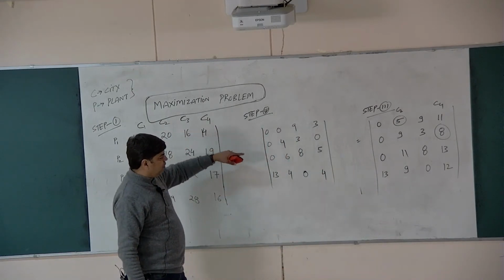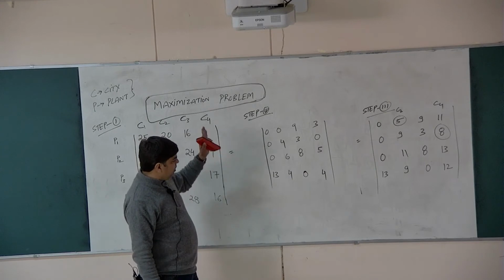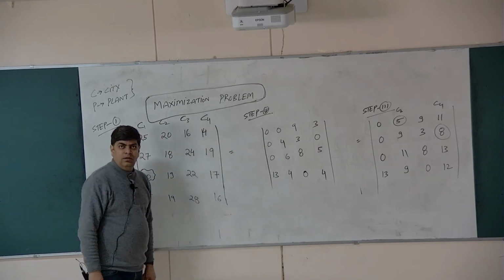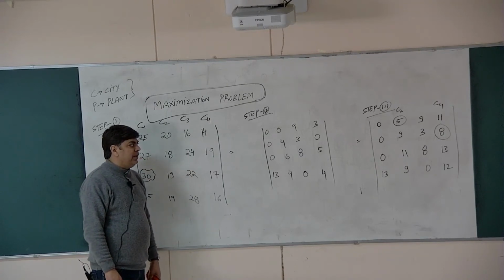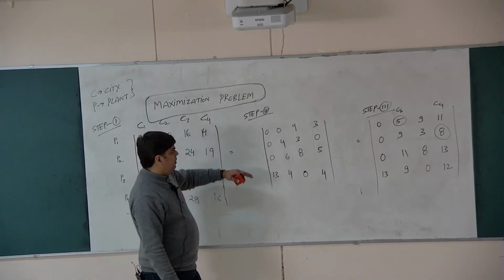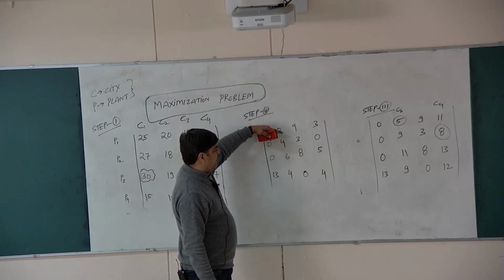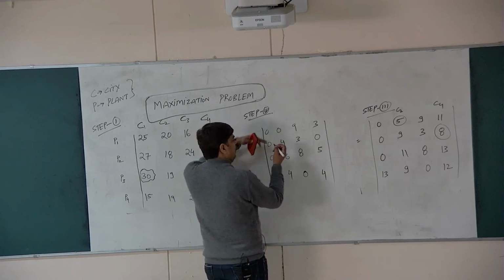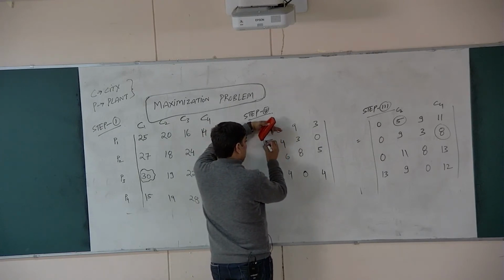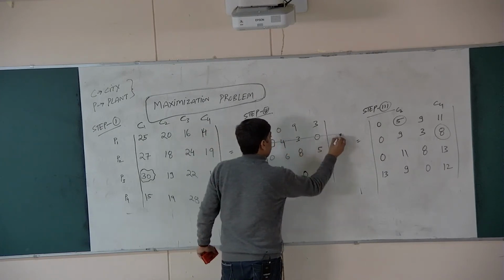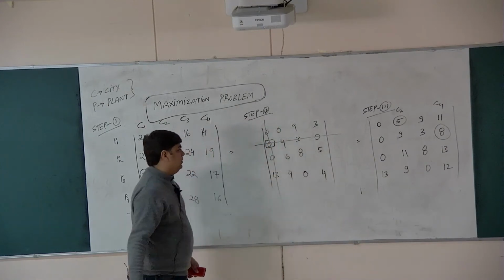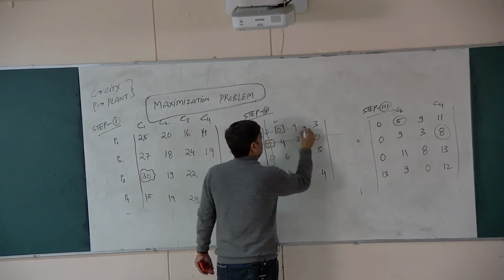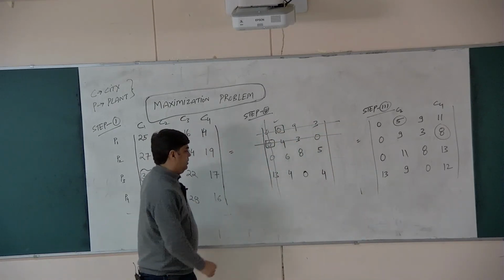So there is 0 in every row. Row 1, row 2, row 3, row 4. Yes. 0 in every column: 1, 2, 3 and 4. Now how to proceed? Again use the same logic which we did previously. Can I say something like this, that if I select this 0, let us try. If I block this horizontally, I will select this 0. So this row, this column. Can I go with this?